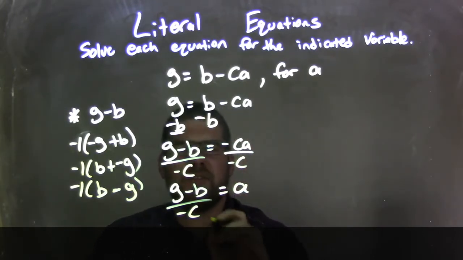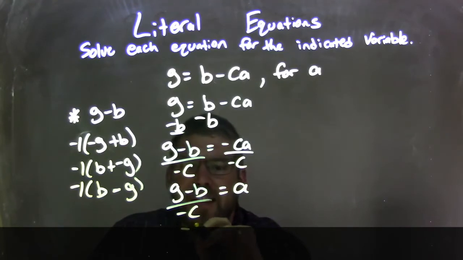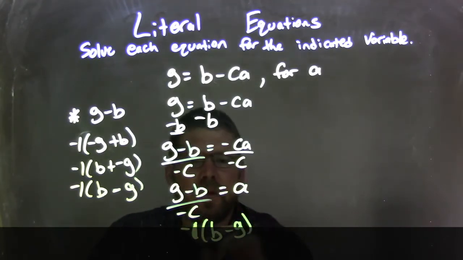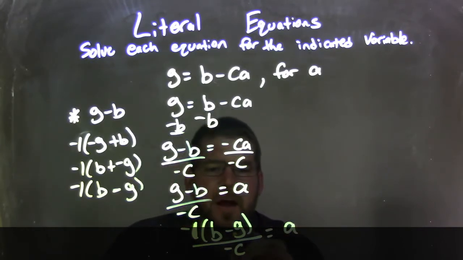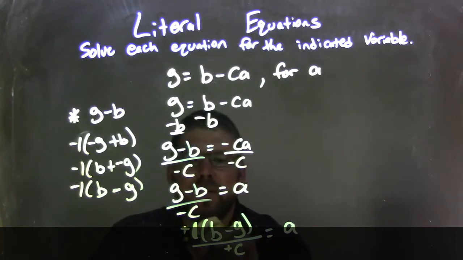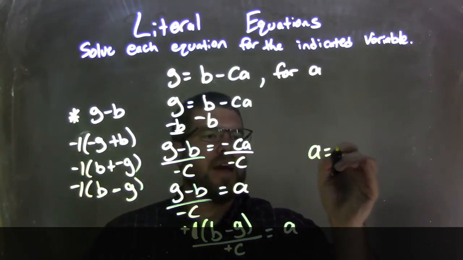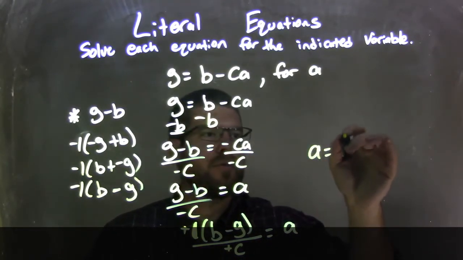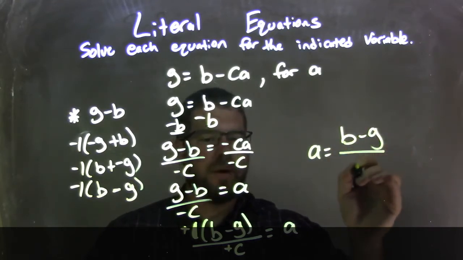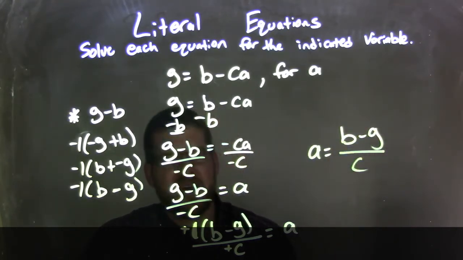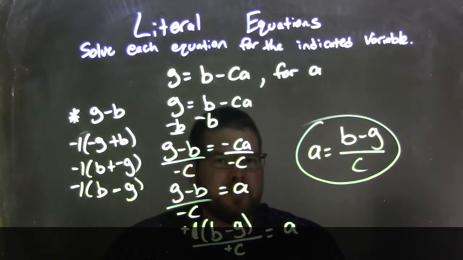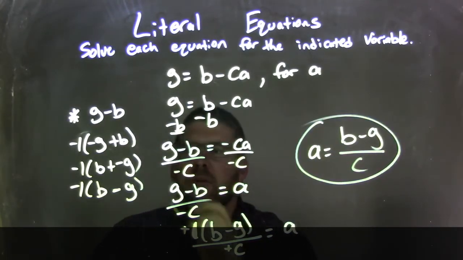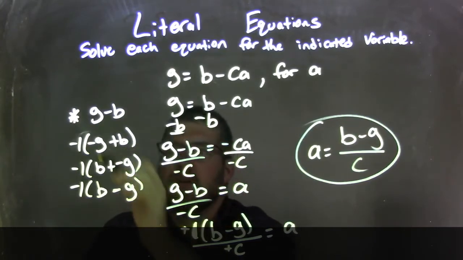And so what that does is I can rewrite this as negative 1 times b minus g all over negative c, and that's equal to a. The negatives will cancel, make them positive, and I can rewrite this to have a come first, and so we have a equals b minus g over positive c. And I like to do that because I don't necessarily want to have negatives in the denominator, and that would be my final answer. Okay, so that little technique helps, and I like doing little side notes